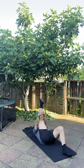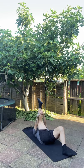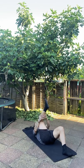We're going to go in now for 4 seconds. We're going to hold the breath for 4 seconds. And we're going to let the air go for 7. As we let the air go for 7, we're going to try and get our head right back, shoulders right back, taking the leg with you. Hold the breath for 4, 3, 2, 1,